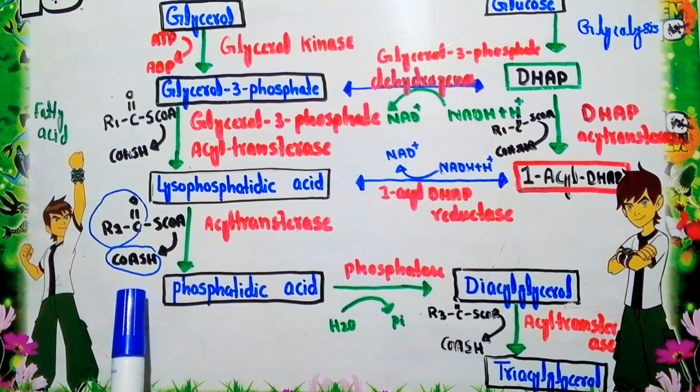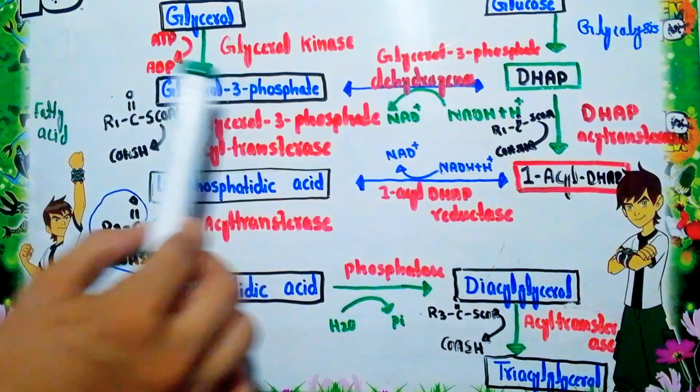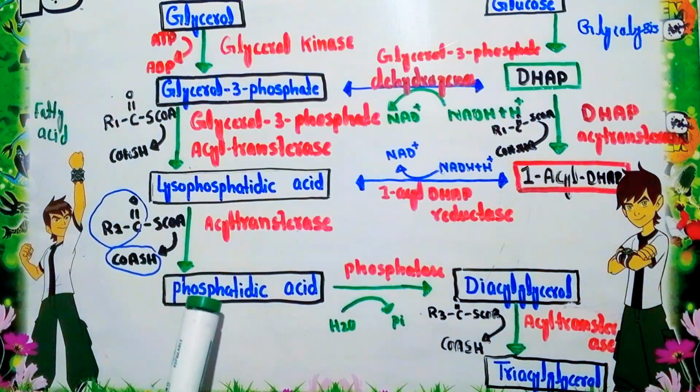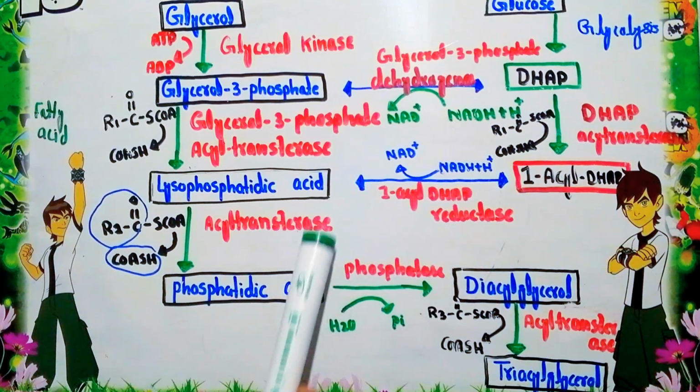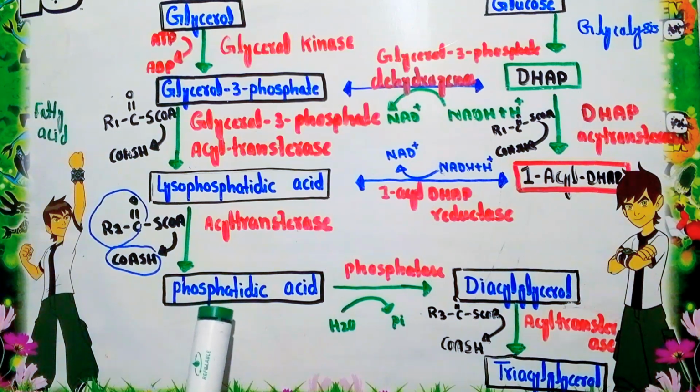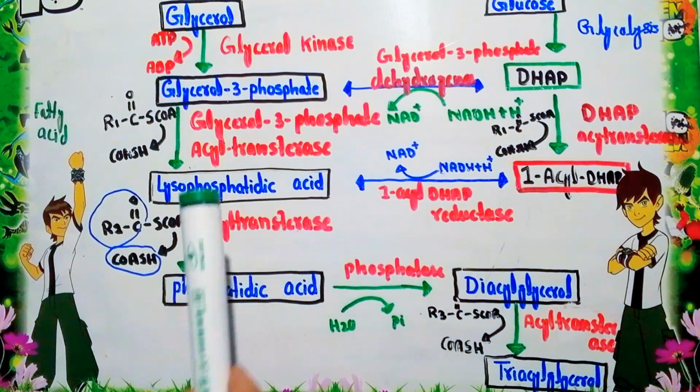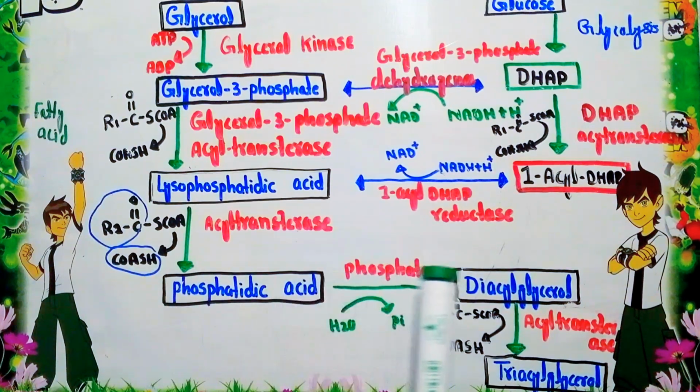Now, what happens to this phosphatidic acid? One of the phosphate groups is attached to the third carbon of the glycerol. So in the phosphatidic acid, the third carbon possesses the phosphate. Now this phosphate is removed in this step. Here, the phosphatase enzyme acts on this phosphatidic acid and removes the phosphate from the third carbon of the phosphatidic acid. As a result, this phosphatidic acid is converted into